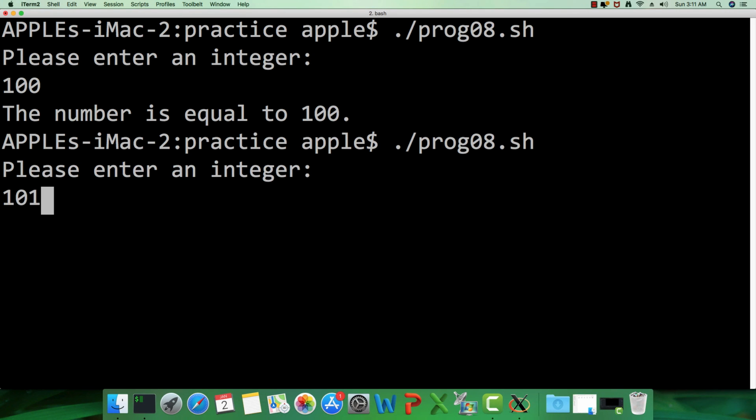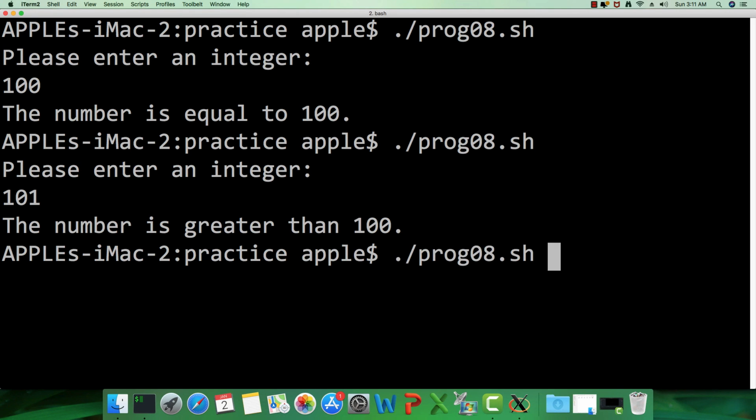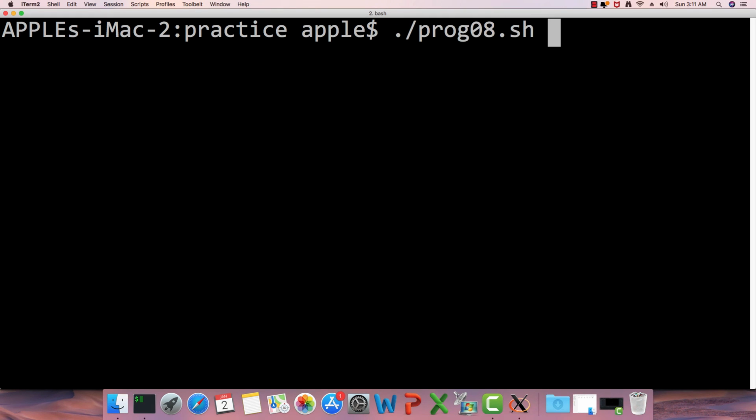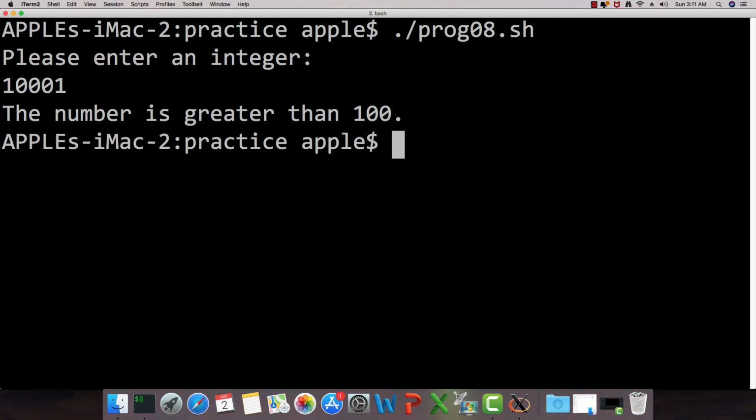And 101. That's also cool. And finally 100 and, or that's it. 5 executions and we tested our program completely. So this is how we can use if else, nested if, and if elif for our convenience to develop our logic in bash shell scripting.